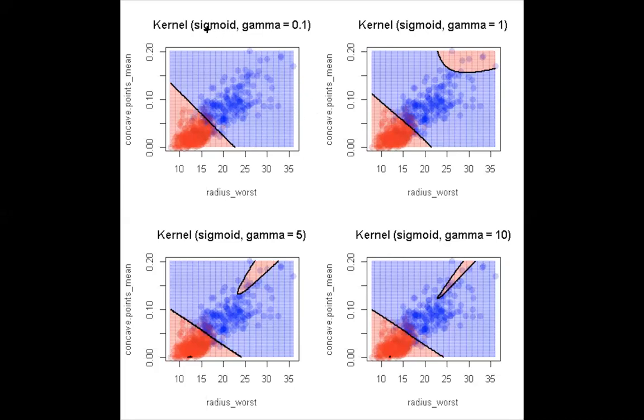This sigmoid kernel function is the same as the hyperbolic tangent, TANH, kernel function. Again, it also has several parameters, gamma,